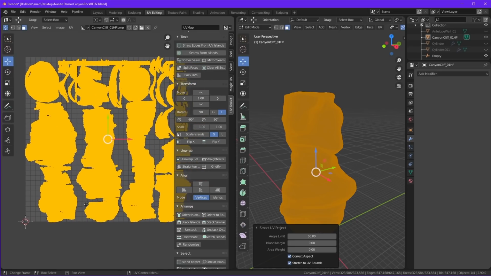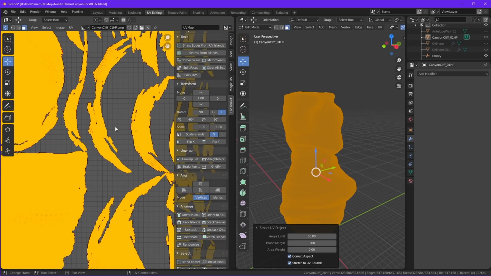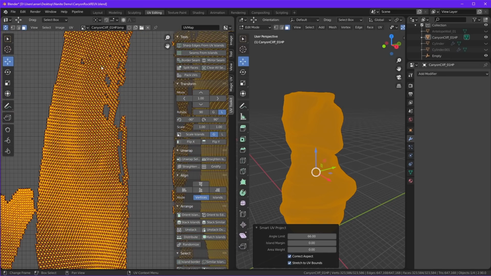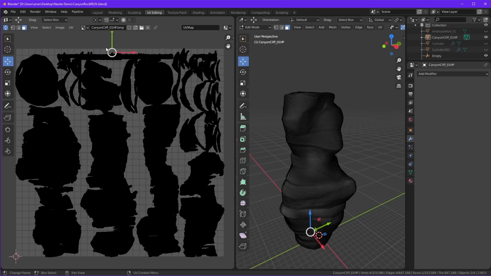There's a lot of wasted texture space, and a very large number of islands have been generated, which will most likely create seams when the texture is applied to it. There are other tools that have been created that will do a much better job of automatic unwrapping. Houdini is a good example of this, but there's still no substitute for good unwrap work done by an artist.